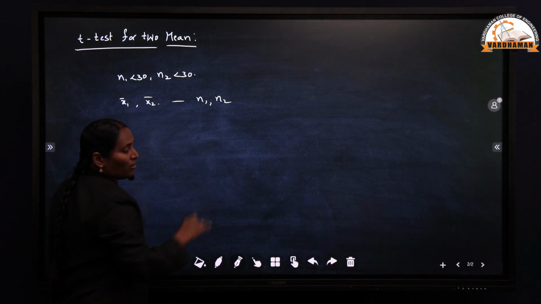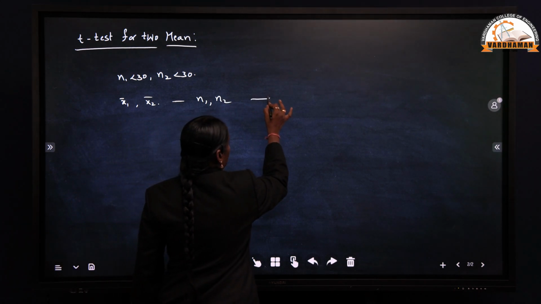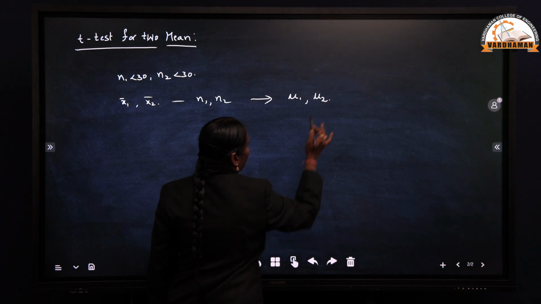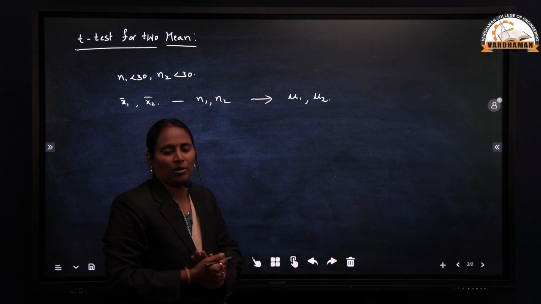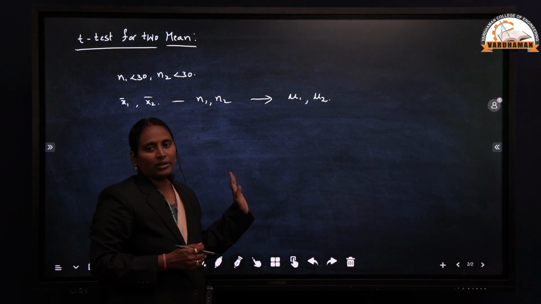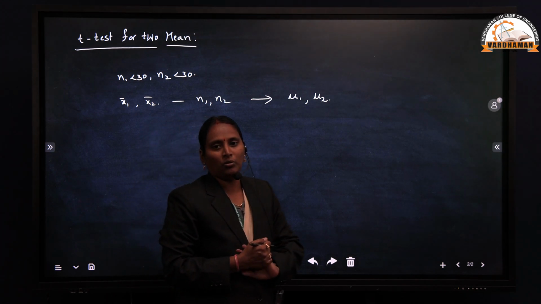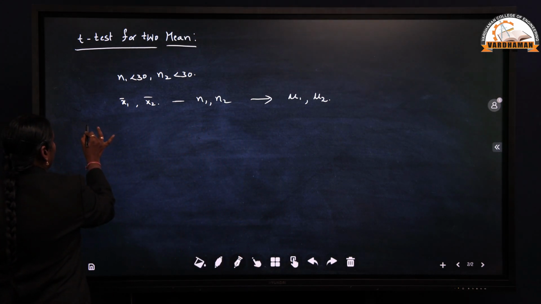It has been drawn from the two normal populations with two population means. The population mean should be denoted by mu, and we are going to define as having two random samples drawn from the same normal population. So we are going to define two population means named mu1, mu2. In order to find out, all the 5 steps procedure, the first step we are going to define it